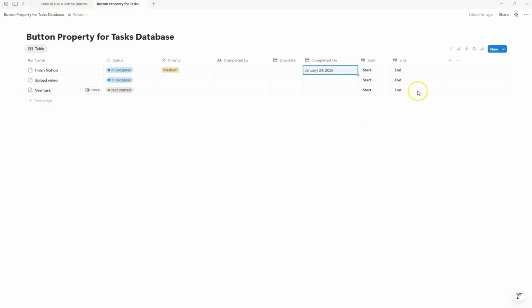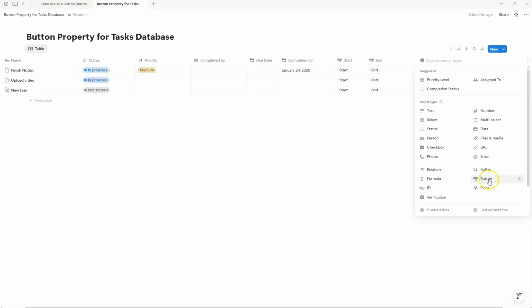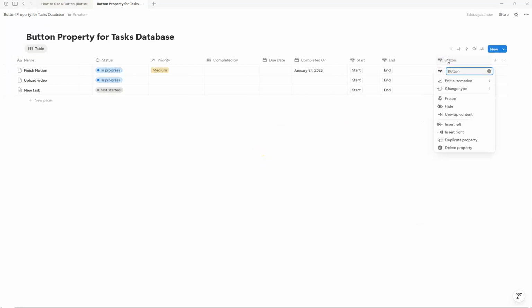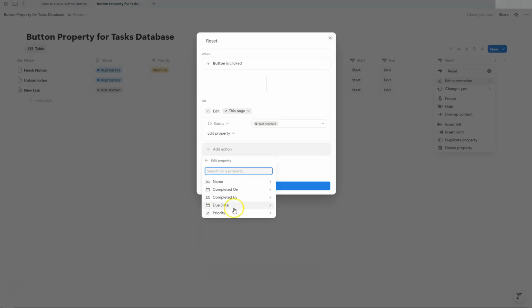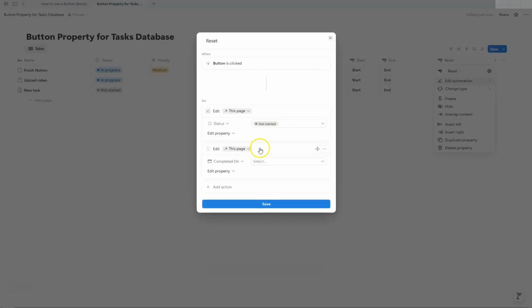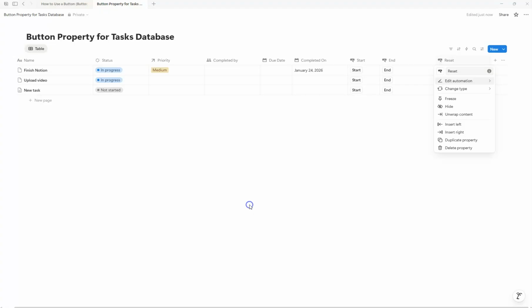So we can create a new button called reset. And this will just be there in case you change your plans or you don't want to work on something anymore. And the automation will be to edit the property. And what you do is status, you just leave it blank. And then you add action, edit property, completed on, and also leave it blank. So just click on done. And so we'll save this. And when I save this, now when I click on reset,